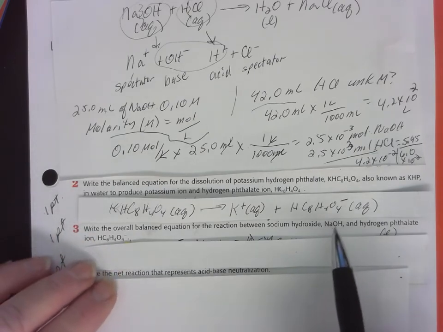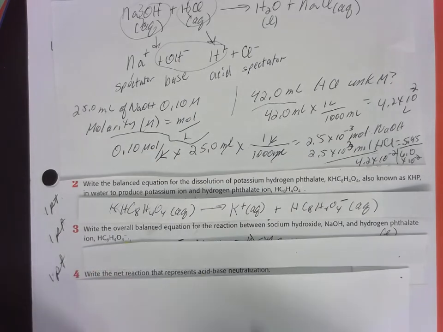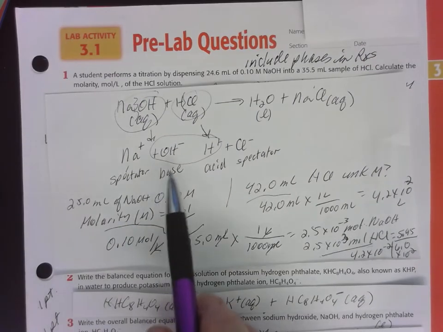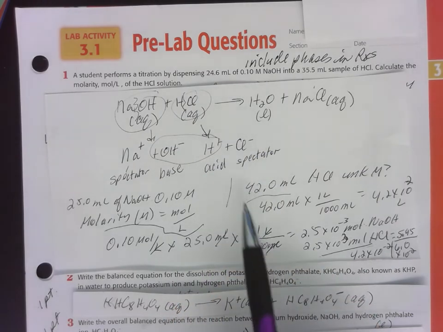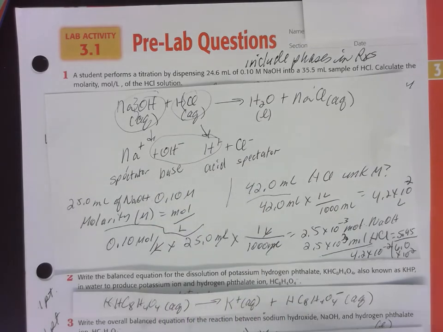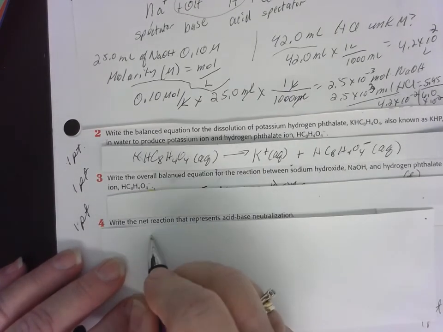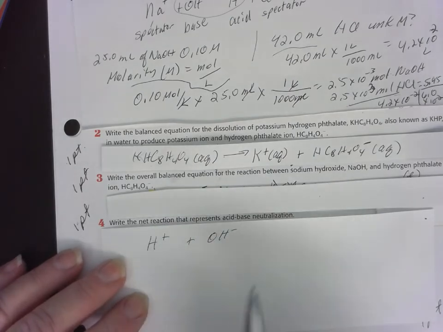So then because that breaks apart, just like in question 1, we know that one of those ions is going to react with the hydrogen from the hydrogen phthalate. So go ahead and write that equation. And then, as I said in the first one, you have spectator ions and you have the base and the acid getting together to form water. The net equation is to not include the spectators because they're not part of the overall change. So we consider just in acid and bases, we consider just the proton and just the hydroxide in the net